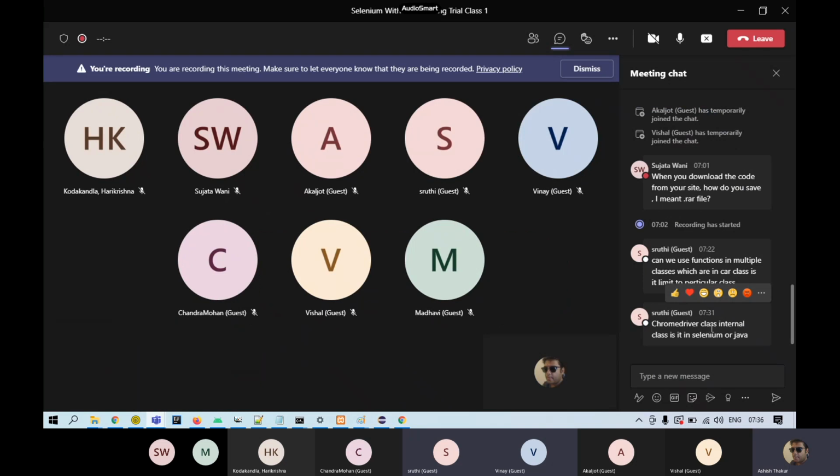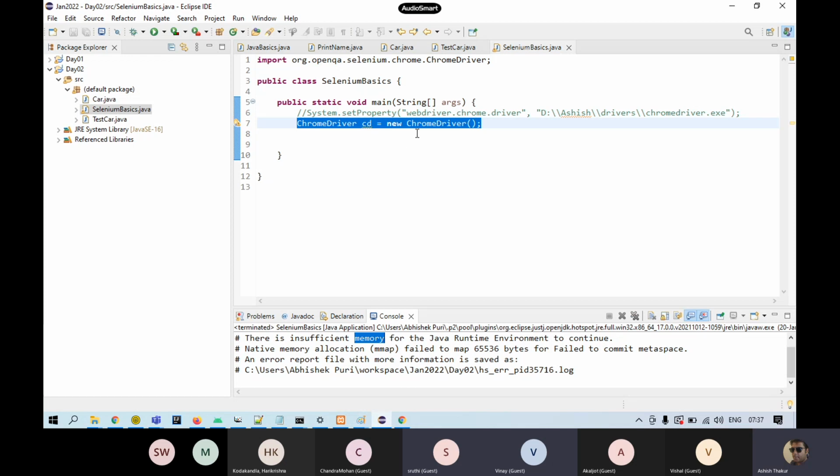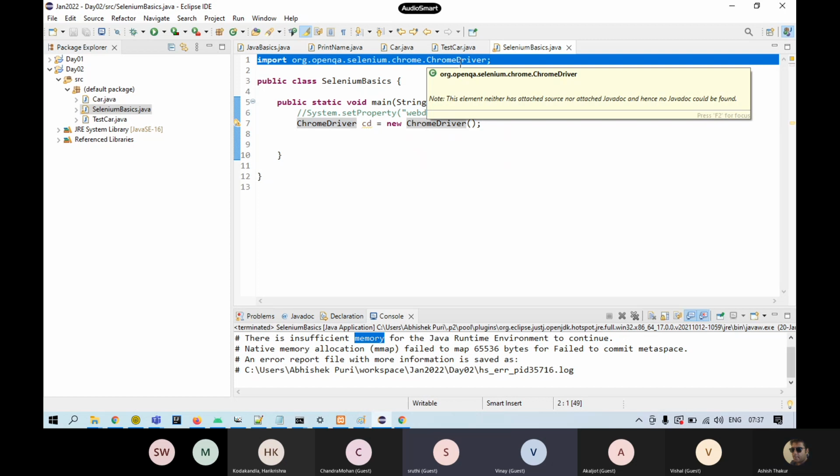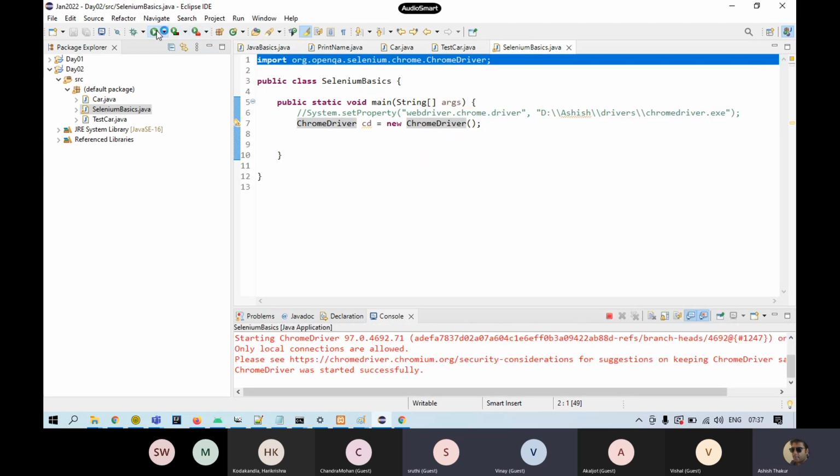The Chrome driver class is inside Selenium, and you can use it. You have to import it though, right? So now if I run it,